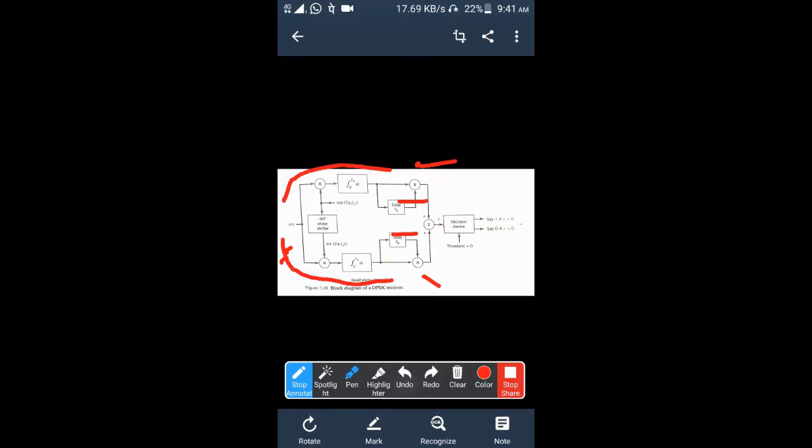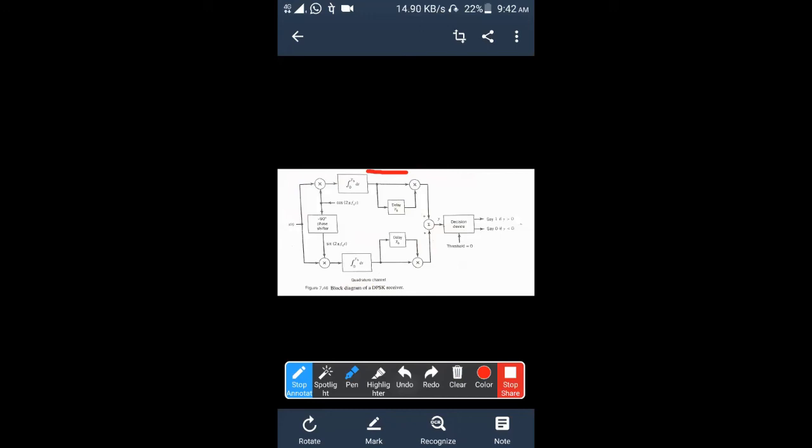Next, the first waveform is stored here. We know what is stored here: cos theta. We know what is stored here: minus sin theta. Next, what is coming here? We don't know. The second one. If it is bit 1, it has the positive waveform. That means the same waveform as the previous. If it is bit 0, it is the opposite waveform of the previous.